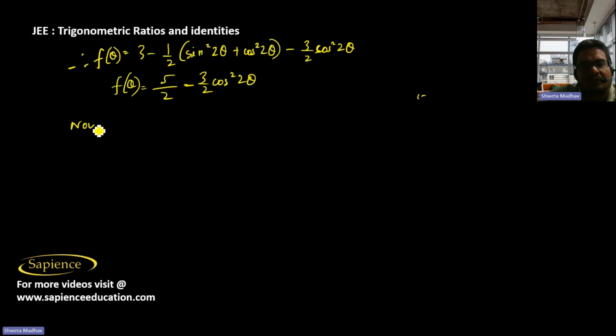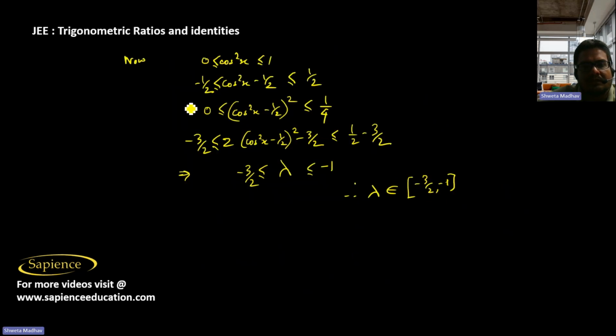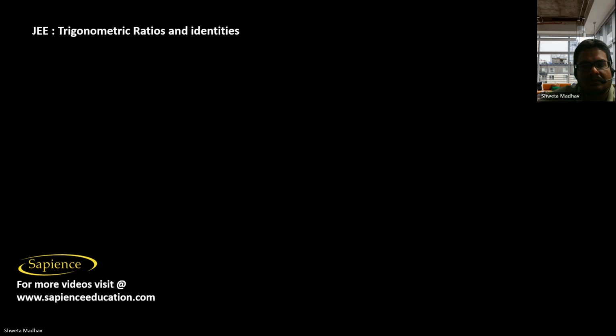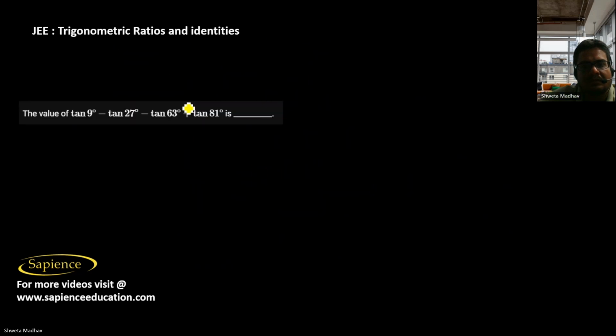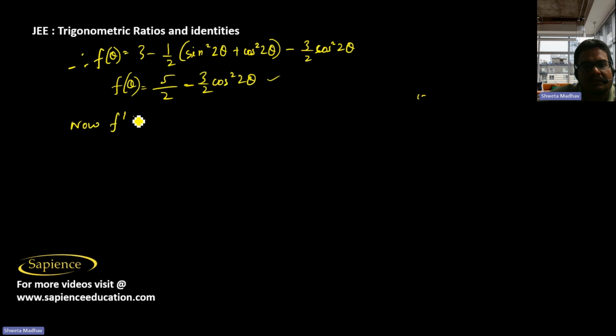So now, this is the simplified form of the function f of theta. Therefore, now we have to find f dash theta. F dash theta will be equal to 0 minus 3 by 2 into 2 cos 2 theta, into this will be minus